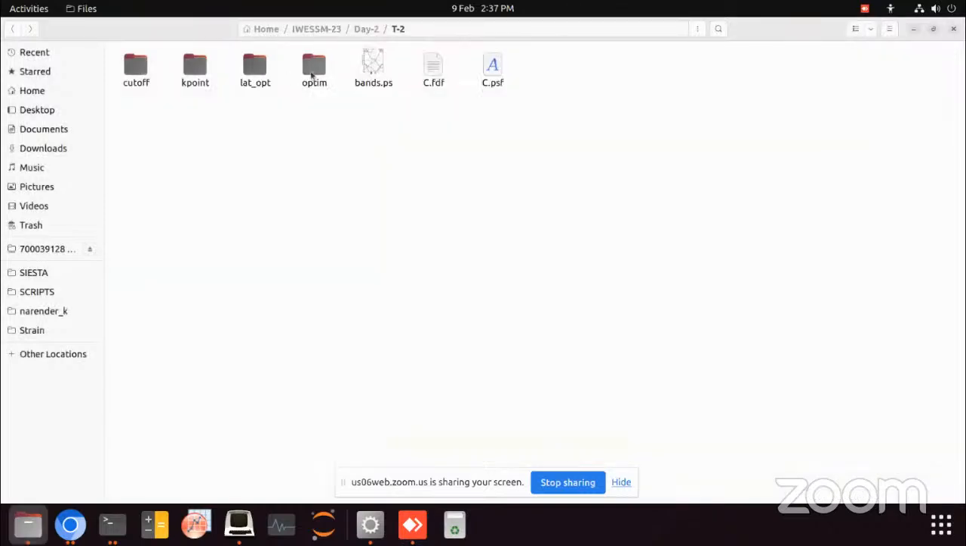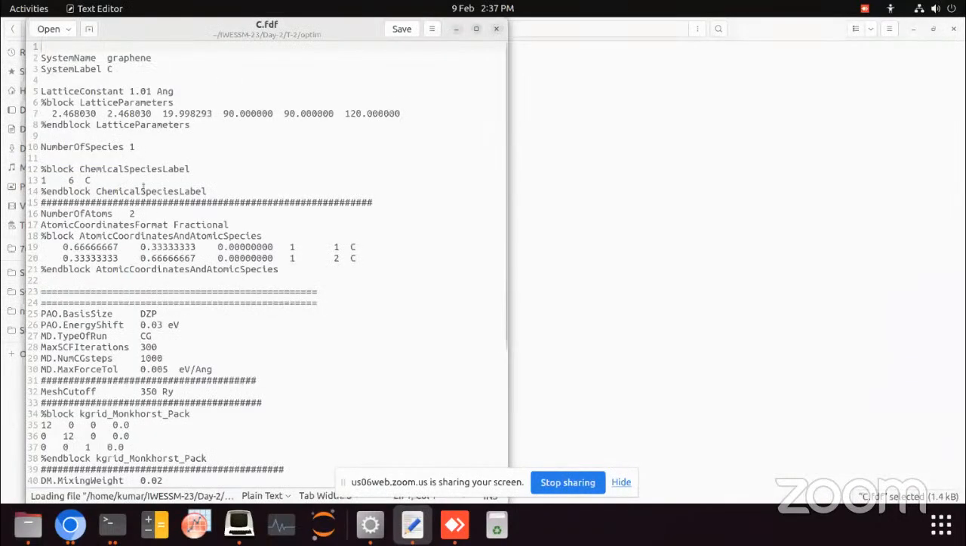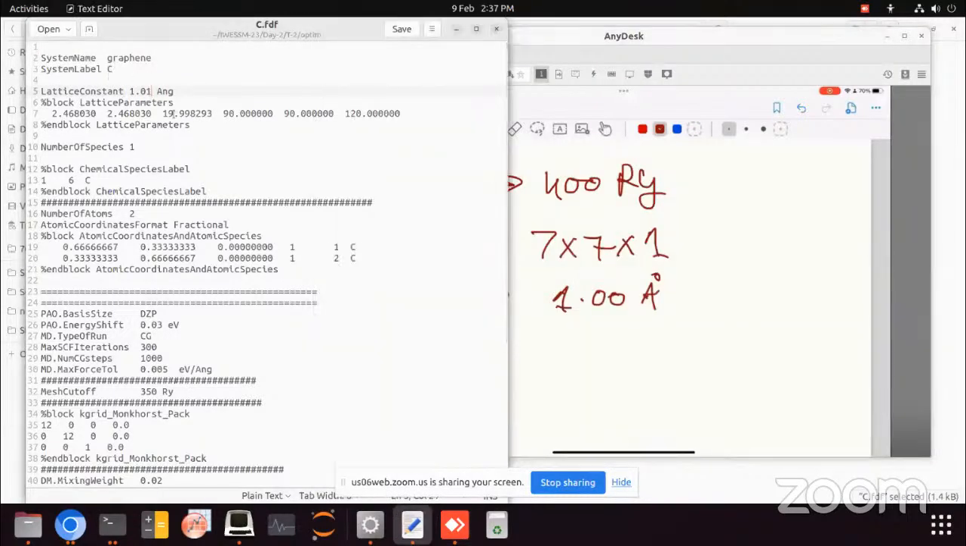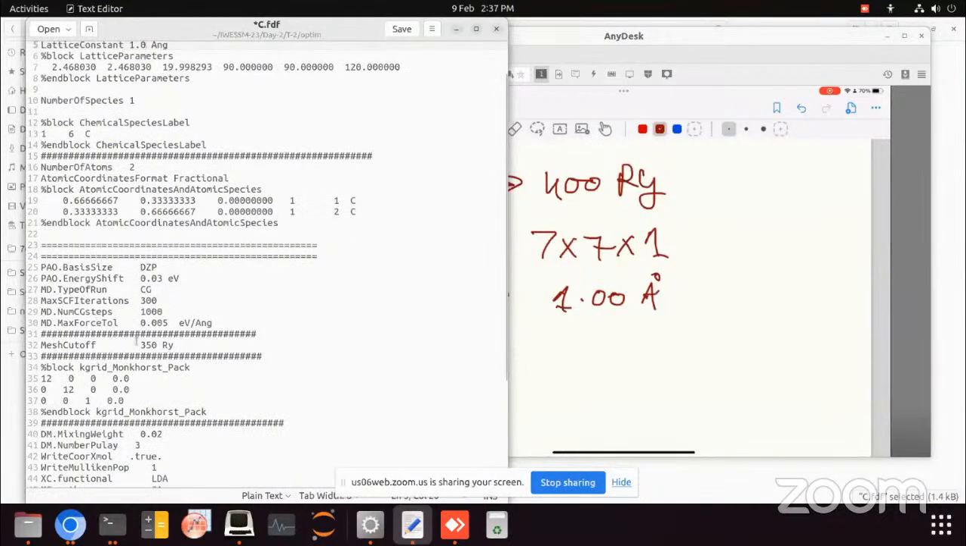So now go to the 4th folder, the optimum one. Here is our FDF file. Now here we have to put our optimized lattice constant value that we get. That is 1 angstrom. Okay. Then the mesh cutoff, the optimized mesh cutoff, we have 400 Rydberg, just 400 Rydberg, and the k-point